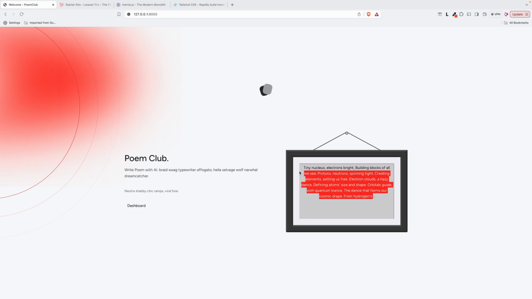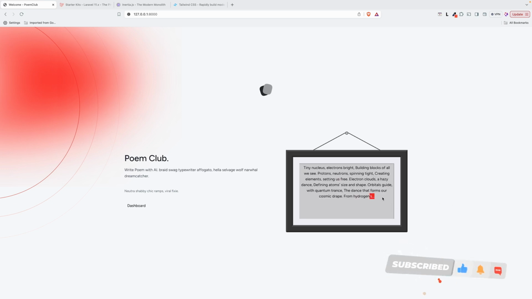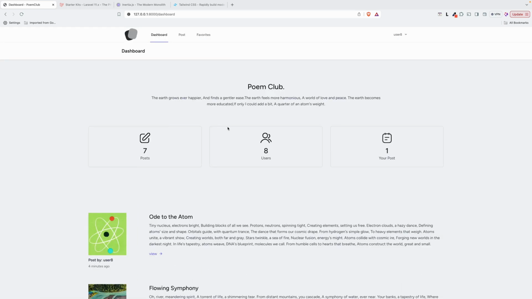We have validated it to maybe 500 words. If not, it will go beyond the frame and I don't want that. Here, as you see, we are seeing the dashboard because the user is already authenticated, so you don't see login or register, which makes sense. You click dashboard and you can